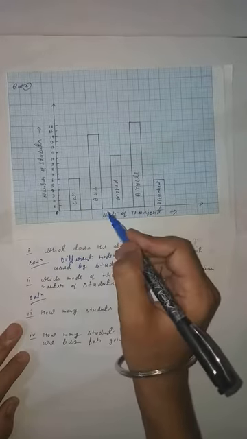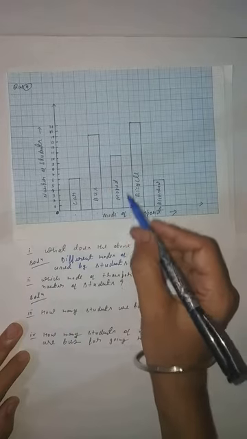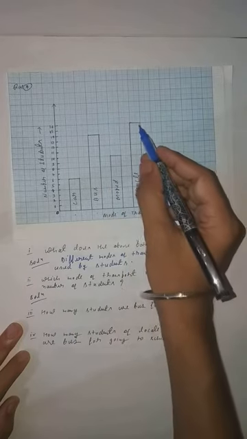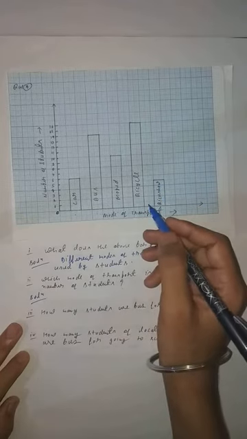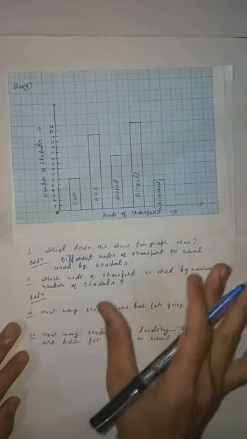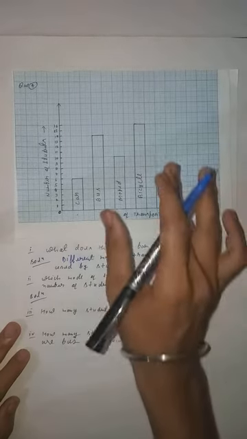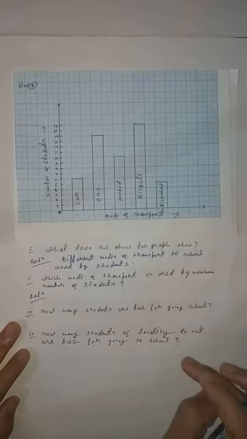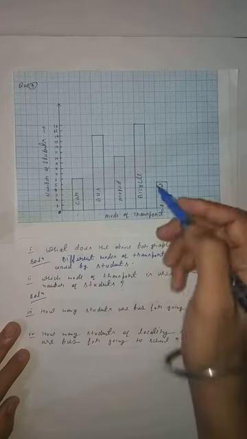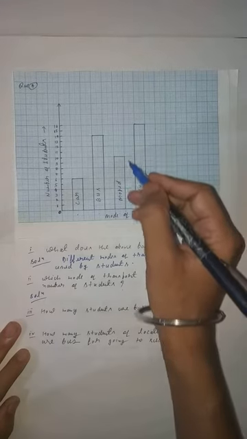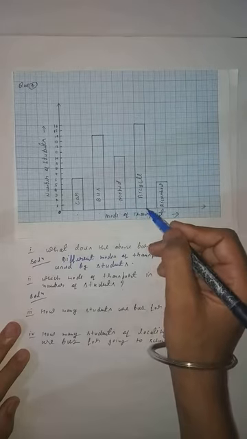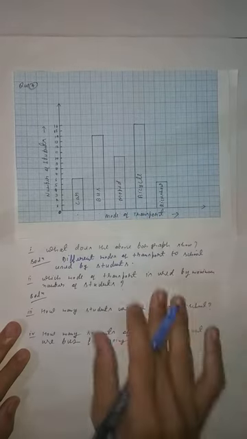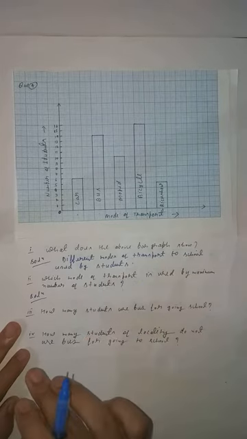Car 6 students, bus 14 students, moped 10 students, bicycle 16 students, and rickshaw 5 students. So you can see easily with the help of the bar graph. Why? Acha students, what is the purpose of making a bar graph? By a bar graph you can easily find out the data. Clear, students? Without any calculation. See here, the longest bar is of the bicycle. The bar length of the bicycle is maximum. So you can say which mode of transport is used by the maximum number of students.